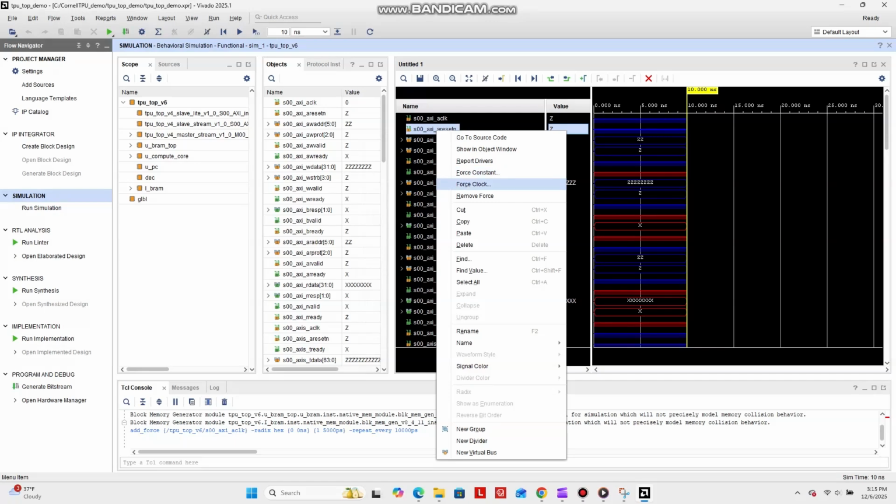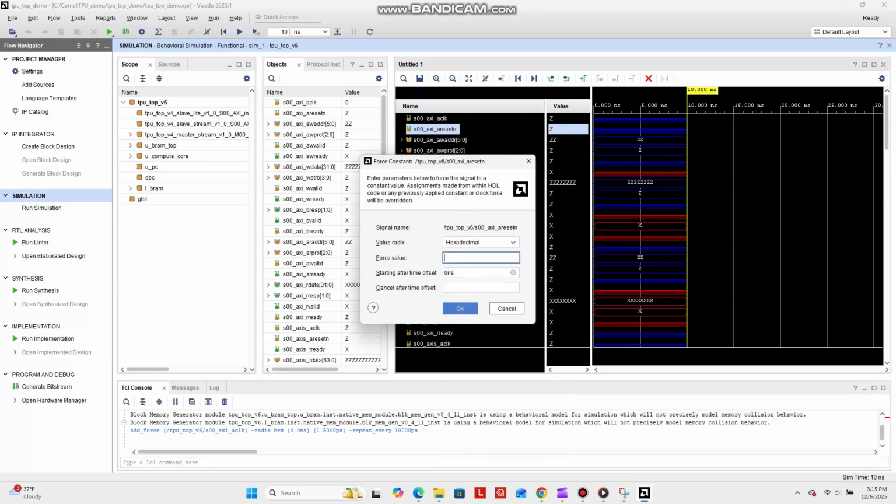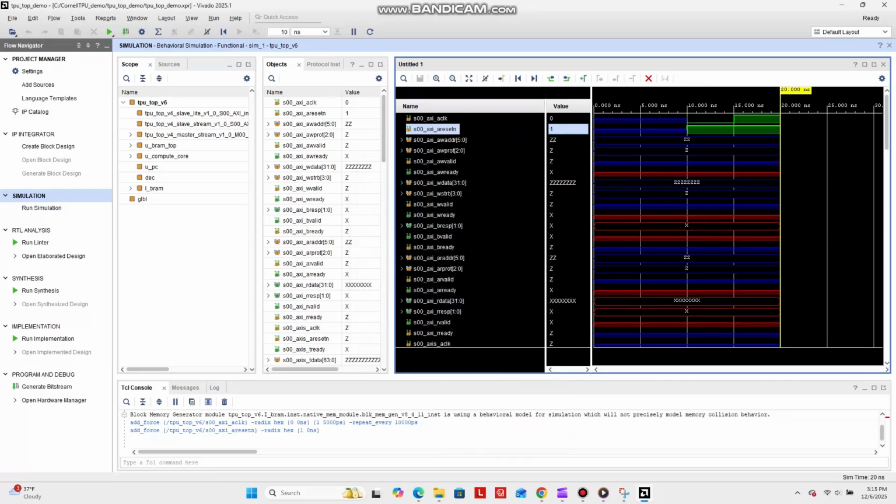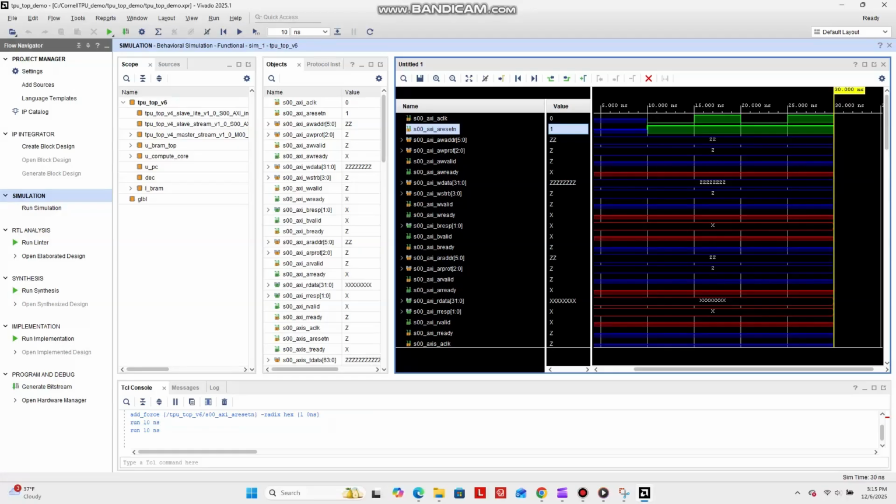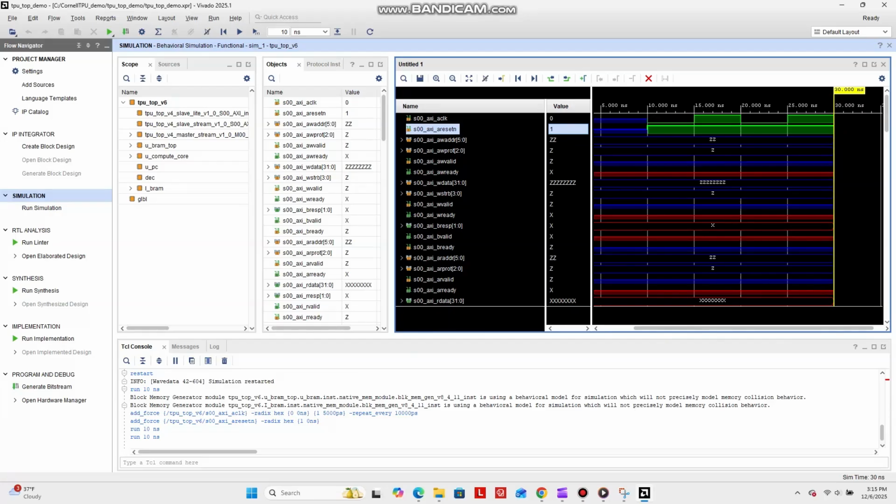And then to force signals, you can just do force constant and force it to values. That's how I test, at least. But a cool thing is, if there's something that you have to repeat a lot, like let's say you're restarting,